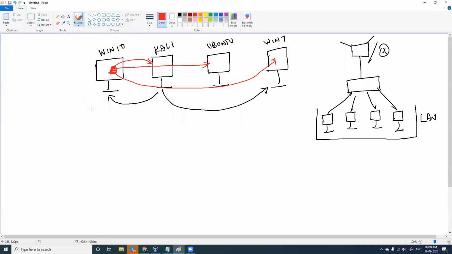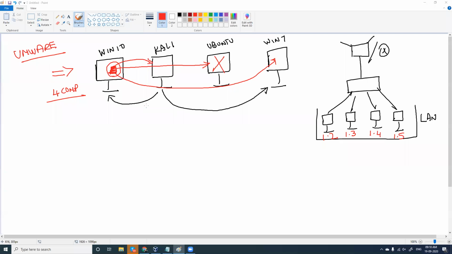And yes, all these computers again will have different IP addresses. This is 1.2, this is 1.3, this is 1.4, this is 1.5. Just like what we have learned in IP addressing and how we have configured in Packet Tracer. So it is like I have a LAN with 4 computers connected, and all these 3 operating systems are installed in VirtualBox, right? And in case I don't need Ubuntu, I'll replace Ubuntu with any other operating system I want, right? And yes, you can also go for VMware. That is also recommended, but to start with, you can go for VirtualBox, right?